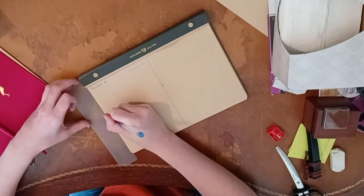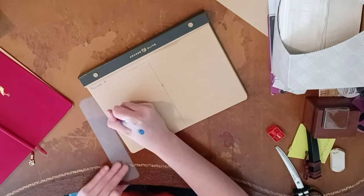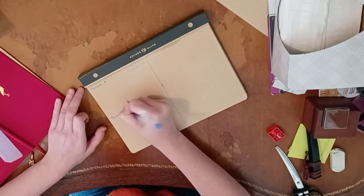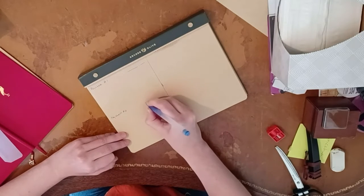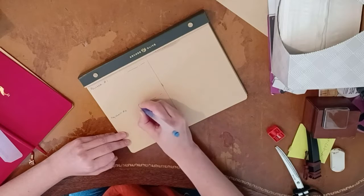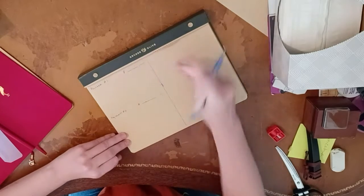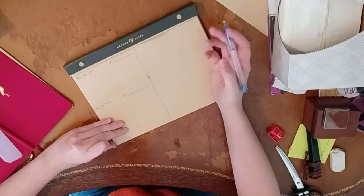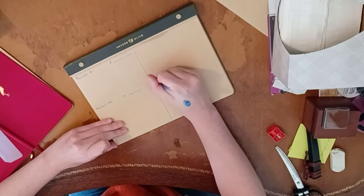And then we're going to put this right here, which is paycheck number 2. All right, so it's split up between the 2 paychecks. On this side, we will have